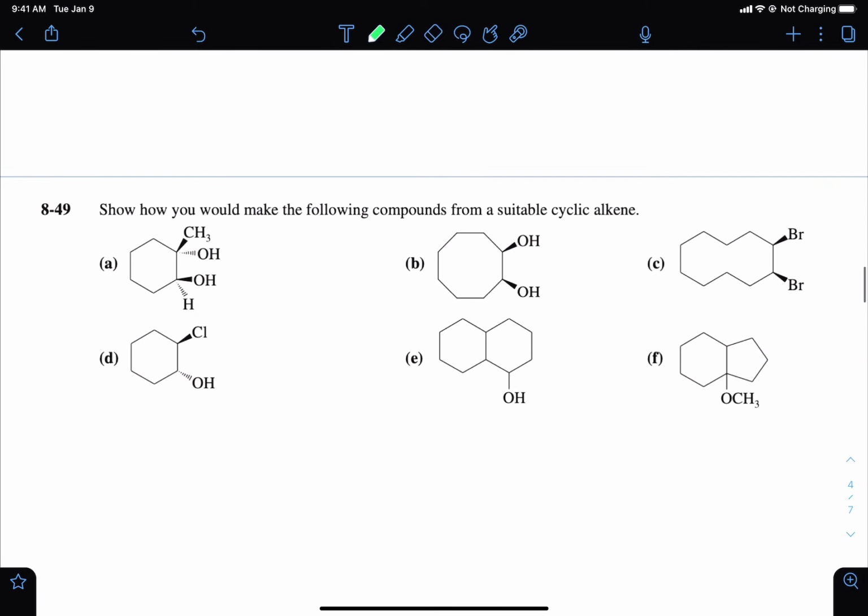Okay. Same idea here. It says, how would you make the following compounds from a suitable alkene? So they're asking us to start from a cyclic alkene. And we want to make this. So you can ask yourself, what pattern do we want? Or what do we have on our product? For example,